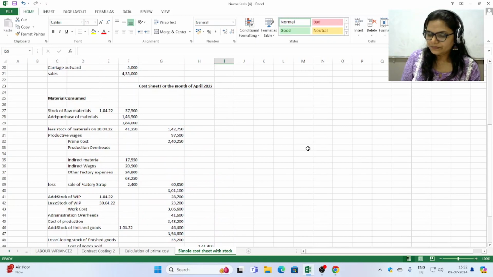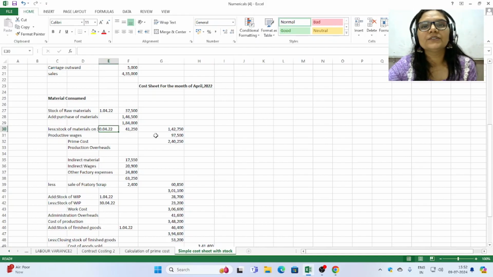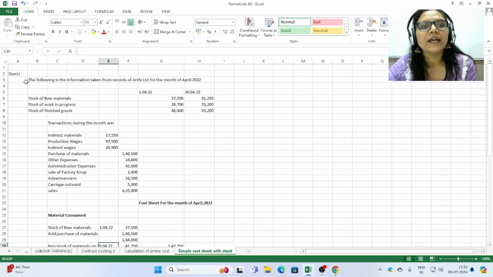Now, basically what happens, we are given a simple cost sheet and students always tend to confuse when there is a mentioning of certain types of stocks in the cost sheet. So to avoid this kind of confusion, we have solved this numerical, and if you have any confusion still left, let me brief up this